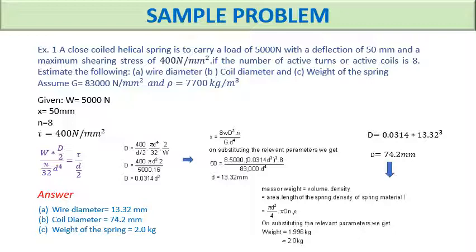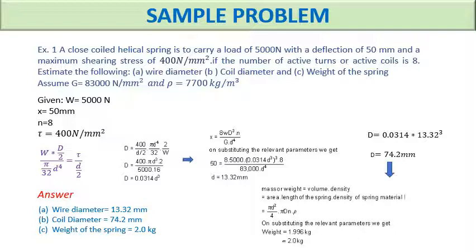From this equation, if you keep D on the left hand side and the remaining terms on the right hand side, we can write D equal to 400, the shear stress, divided by small d by 2 into pi d to the power 4 divided by 32, that is J, and into 2 by W. If you rearrange the numerator and denominator, we get capital D, the coil diameter, equal to